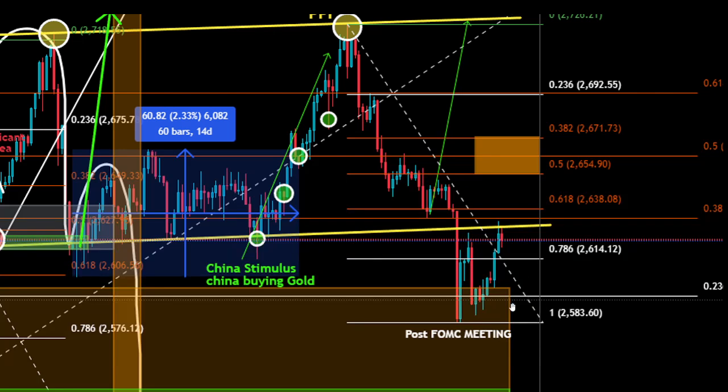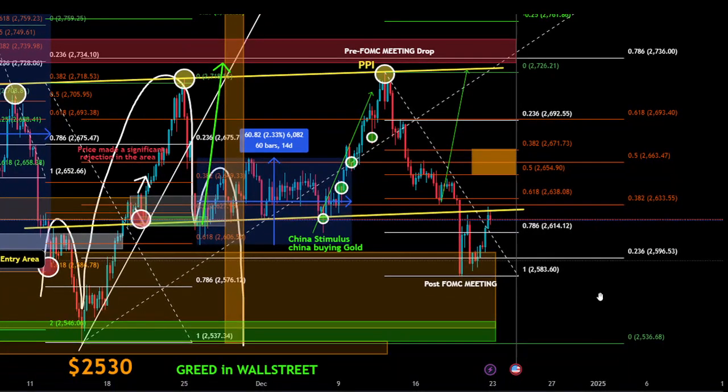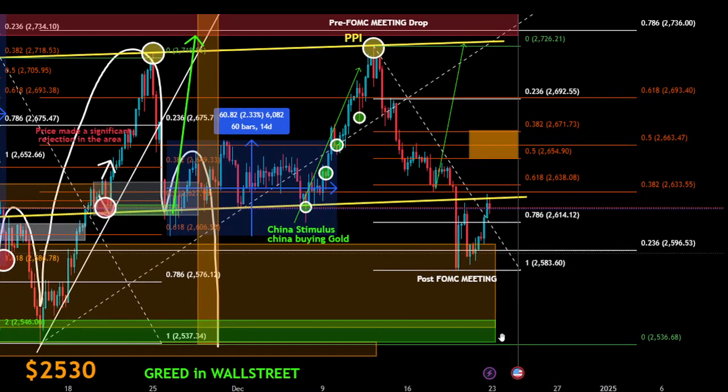If gold is able to break below 2620 again, further touching 2590, you might have to sell the news, because if gold is able to drop below this level, the next support zone will be 2530. But also last Friday, we saw lower PCE data, which led to a slightly lower inflation print and a slight retracement of gold.